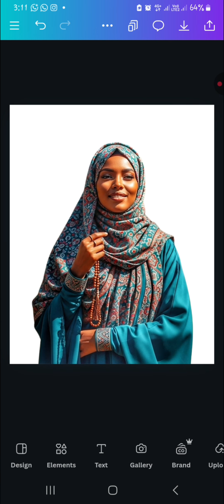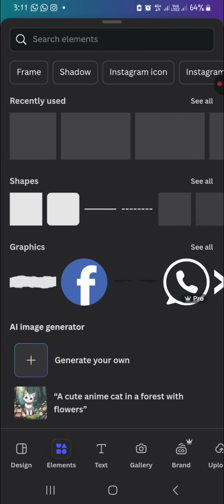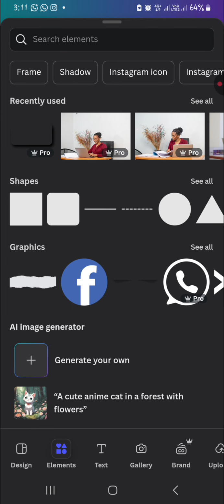So now I'm going to go to my elements, and then add shape. So I want to create a transparent blended shape under this image. I would have done that using Image Blender, but I'm doing